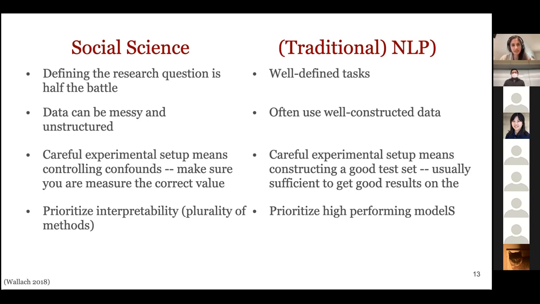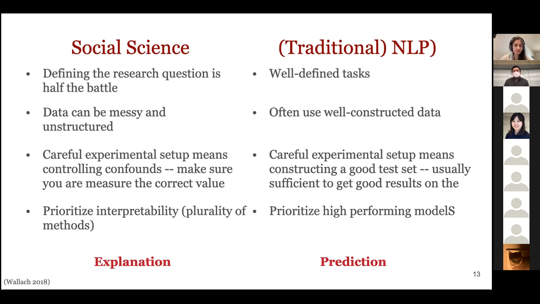And finally, the last thing, and I'm not going to talk about this as much today, but I'll touch on it a little bit, is that in the social science setting, we care a lot about the interpretability of the models that we're using. We really want to know why we're seeing the results that we're seeing. In NLP models, while we care about interpretability, we often care about model performance more. We're usually not willing to sacrifice model performance for interpretability, but in a socially oriented setting, often we are willing to do that. So if we summarize this overall, a lot of times when we're looking at some of these problems from a social science perspective, what we really care about is being able to understand and explain what is happening. Whereas often in an NLP setting, we're defining tasks that focus on predicting particular values.